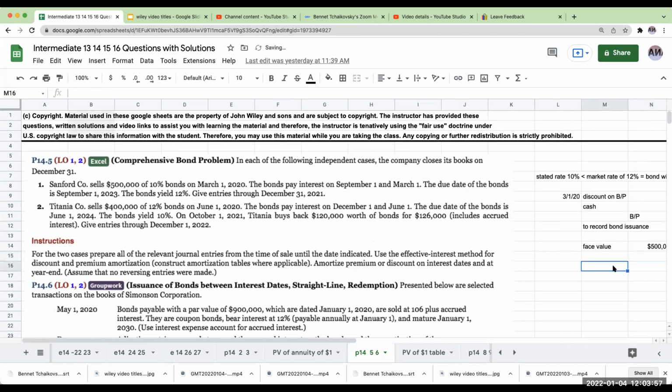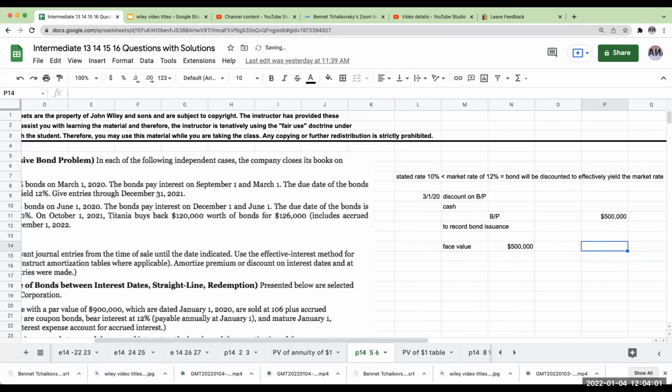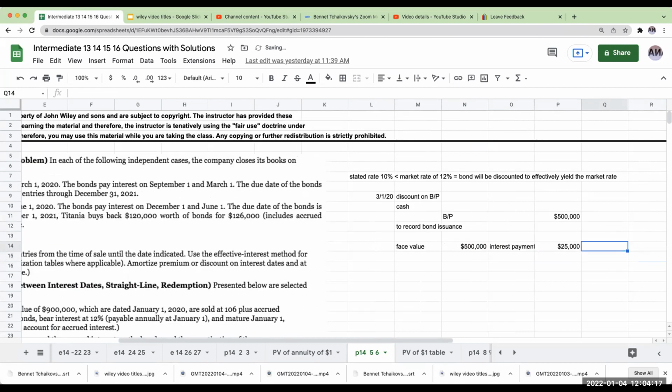So basically, I'm going to have a face value of 500,000. And then I'm going to have my interest payments. My interest payment is going to be 500,000 times 10% times half of that amount. Why is it half of that amount? Because whenever I see